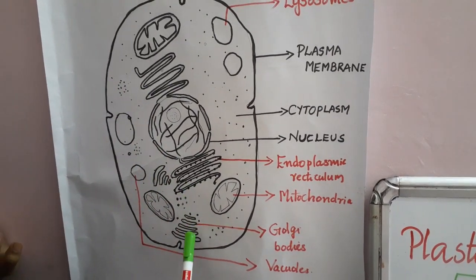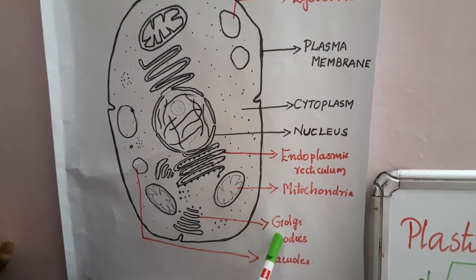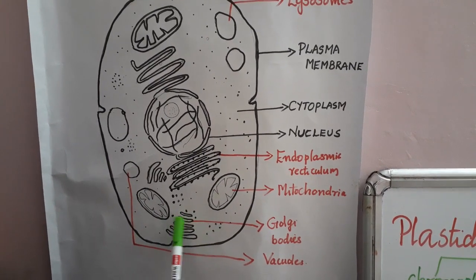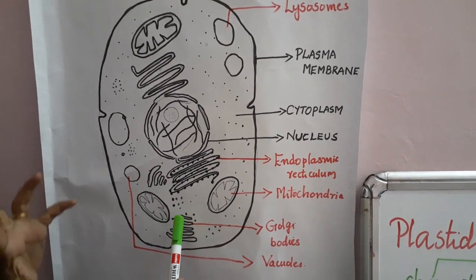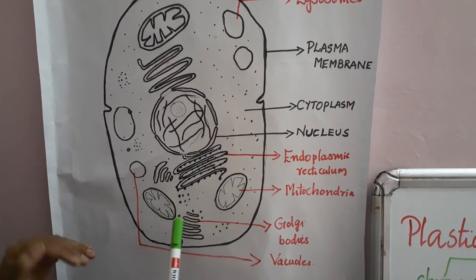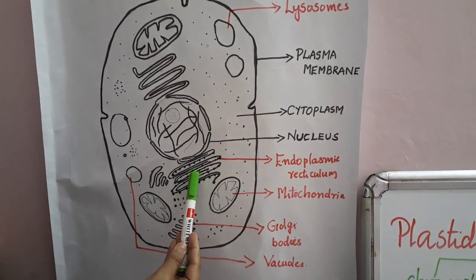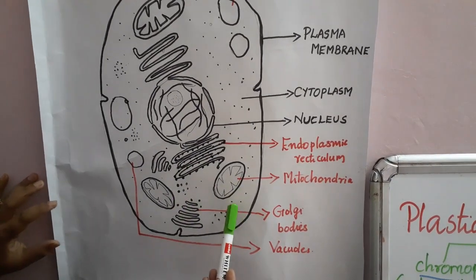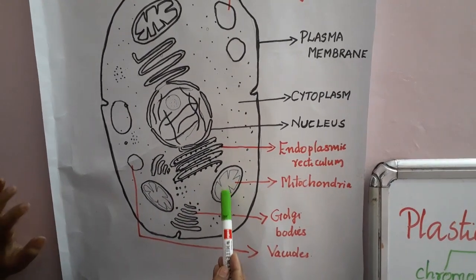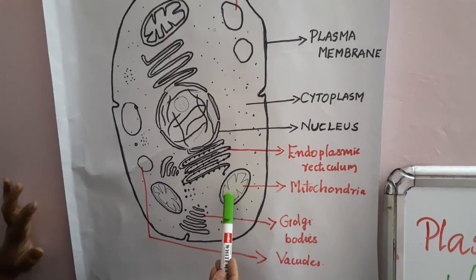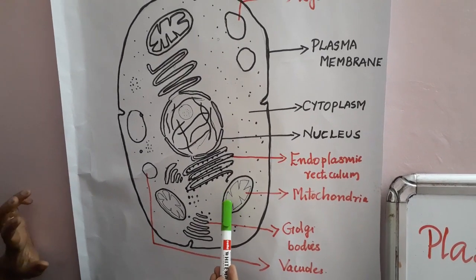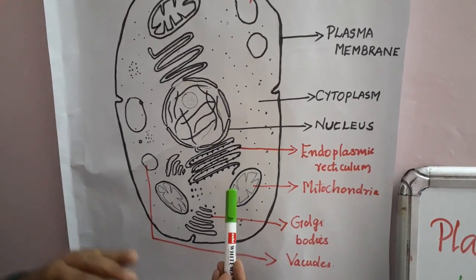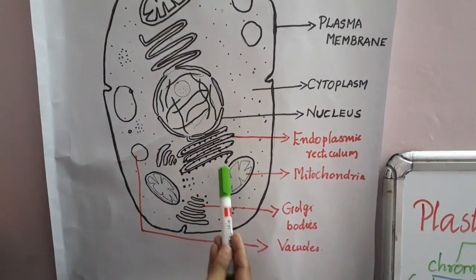Then the next part we have seen is the Golgi bodies or Golgi apparatus. It is like membrane-bound vesicles arranged parallel to each other. The main purpose is that it will dispatch materials which are produced in the endoplasmic reticulum and take them to different parts of the cell. Then next we have seen mitochondria. Mitochondria is known as the powerhouse of the cell. It will generate ATP. When we need energy, the mitochondria will release ATP, it will break, and energy will be released. Then the next one is the lysosome.